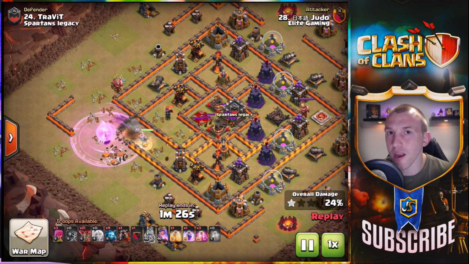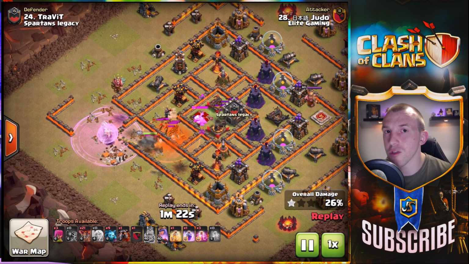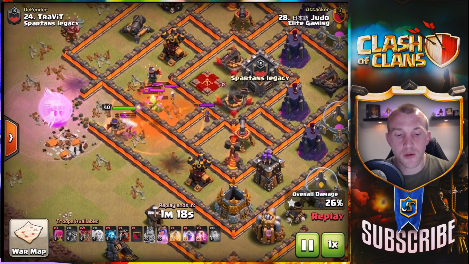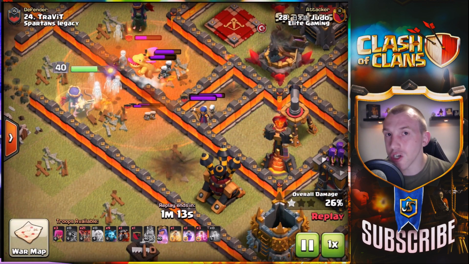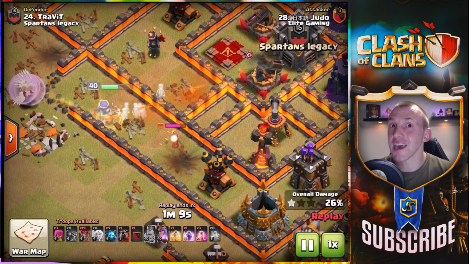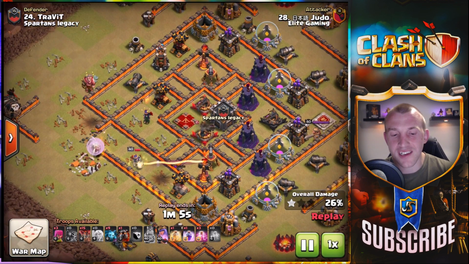Continues to rage the queen forward. Very, very patient with this one. Down goes the enemy queen. Out comes the CC. Poison spell goes on top of it in order to get that down. Look at how close this witch is. She just walks into that poison spell, gets herself killed essentially as the queen continues to move forward, takes down